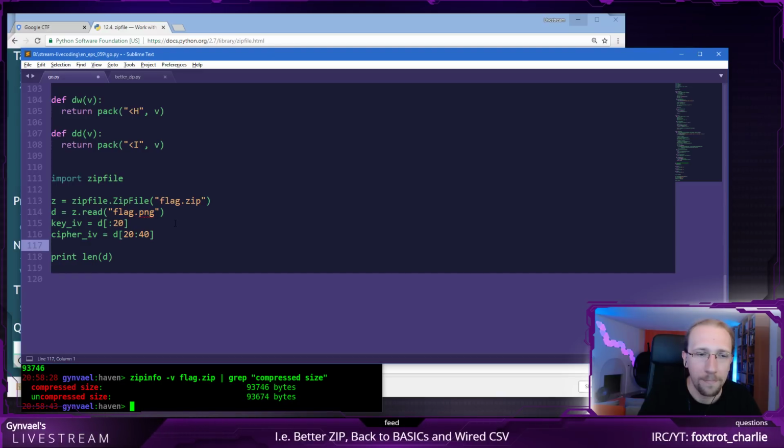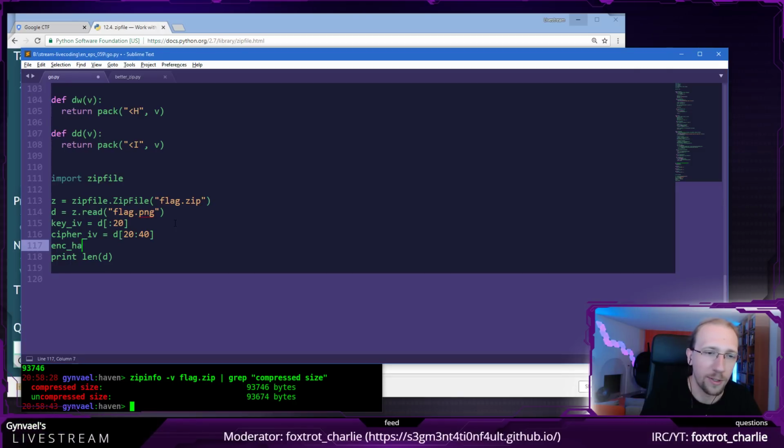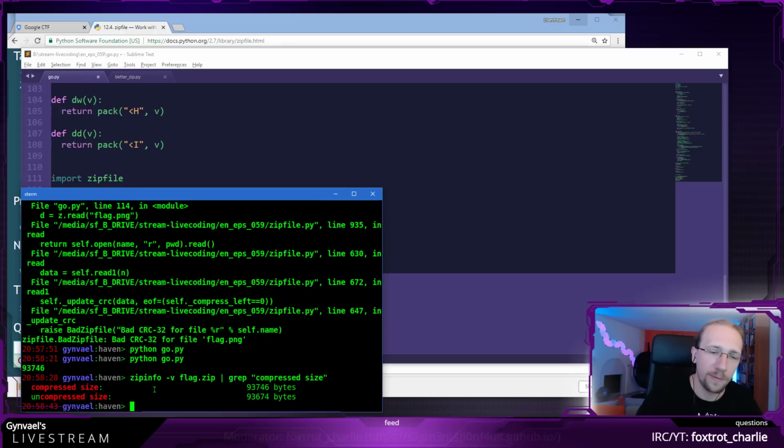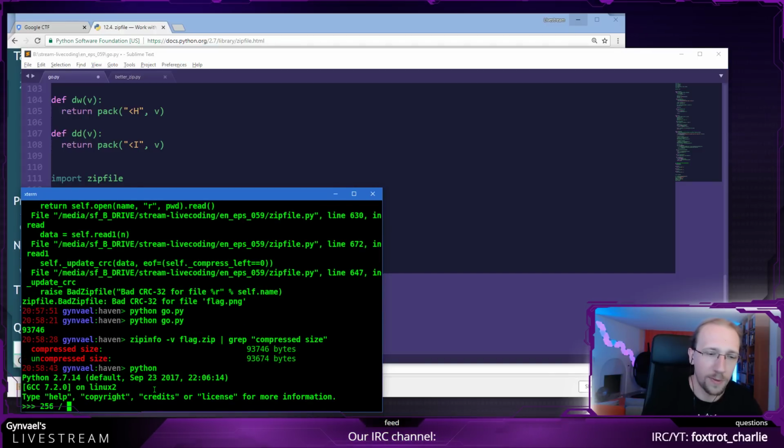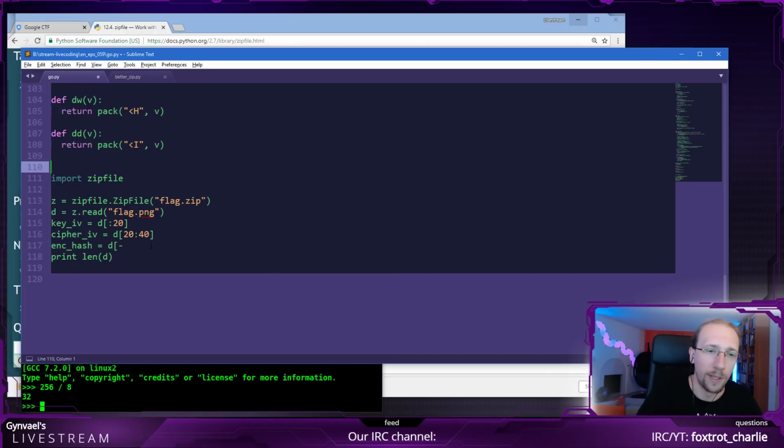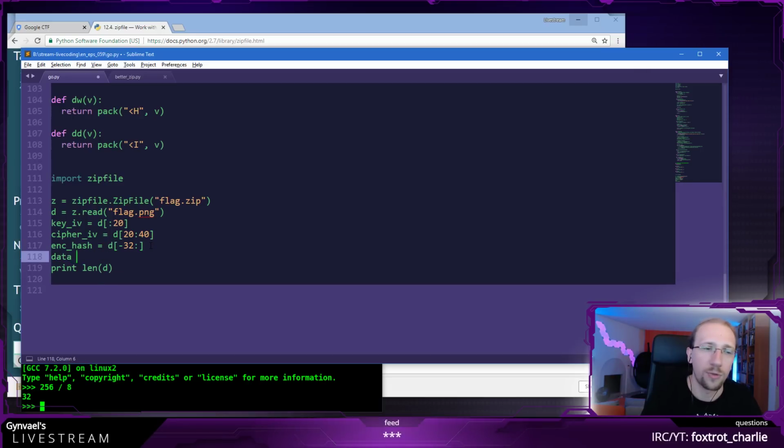No, I'm going to get it separately. So that's the 256. How many bytes is that? 256 divided by 8, that's actually 32 bytes. So the last 32 bytes to the end is my encrypted hash. And the rest of it is actually the data, right?